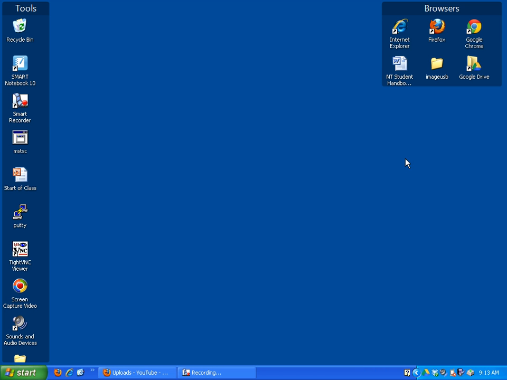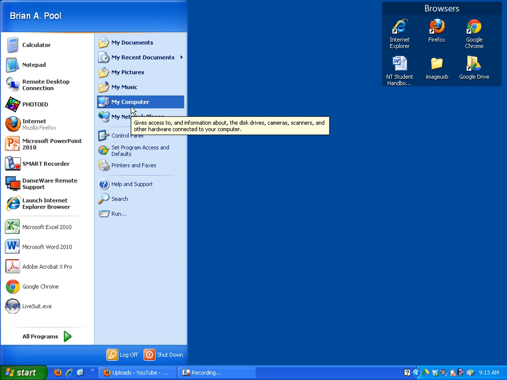Let's talk about how to back up your stuff. Now, the T drive, you want to have a copy of your important documents there. So if anything ever went bad with your drive, or I came in and imaged it over the summer, you would have that stuff there. So the first thing you want to do is to open up your T drive. So you go to Start in My Computer,